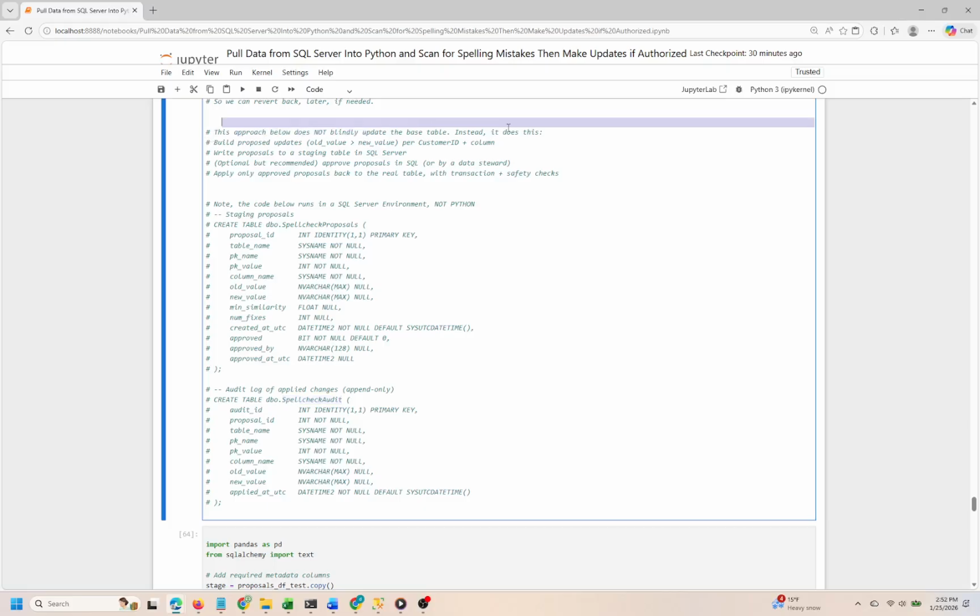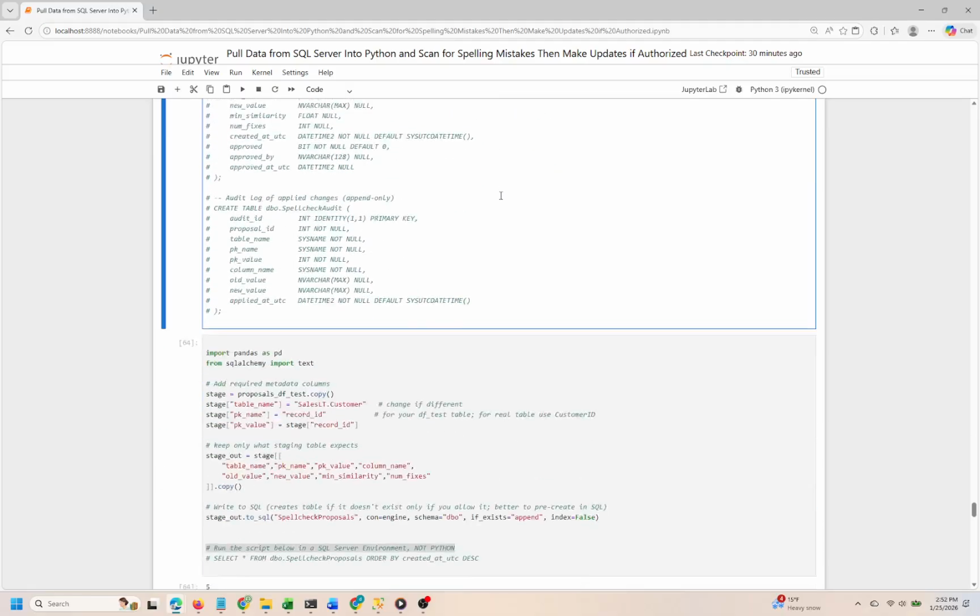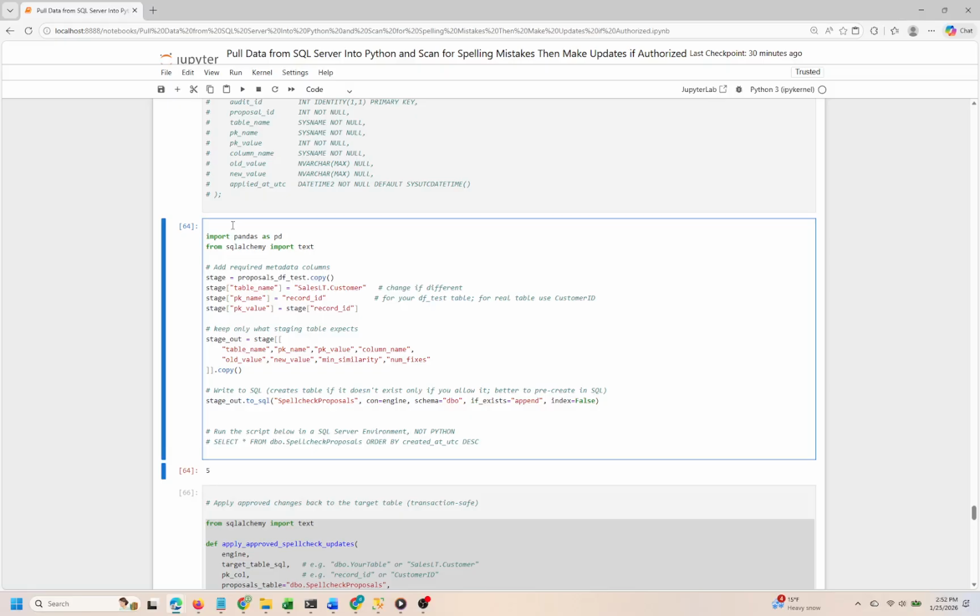integrity across various updates. As we proceed to the next cell, we can anticipate implementing the mechanism for applying these approved proposals back to the main table. This transition will build on our existing safeguards, enhancing the overall reliability of our data management system. It underscores the importance of careful validation before any changes take effect, setting the stage for a streamlined and secure